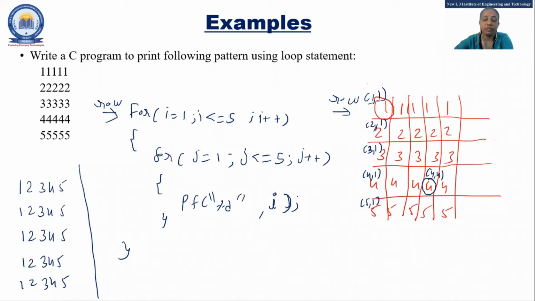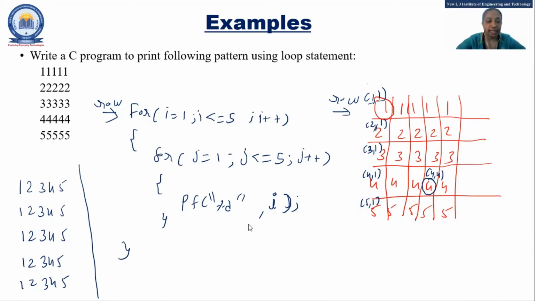Because what we want is 1, 2, 3, 4, 5, so what should be the value in 1, 2, 3, 4, 5? That is in j. So obviously I need to print j, right? So that is the thing. Okay, fine. Any doubt?